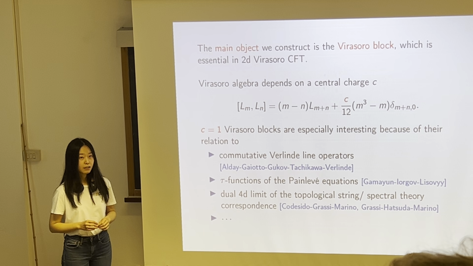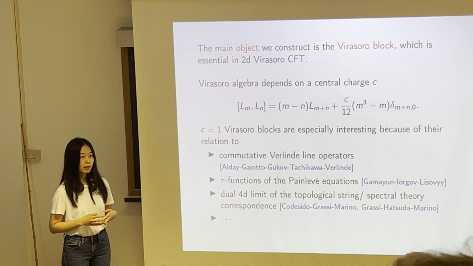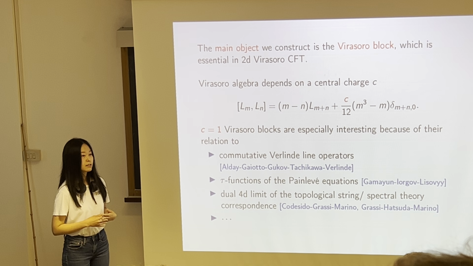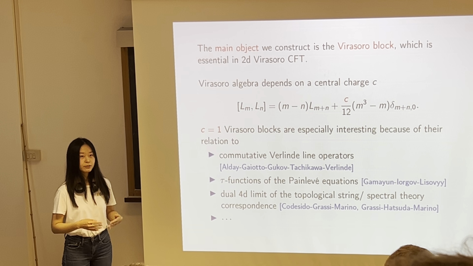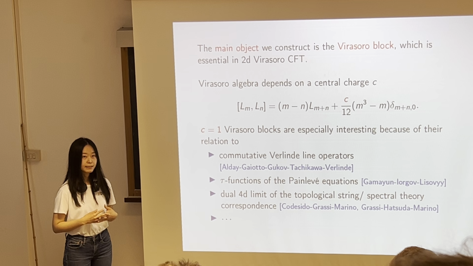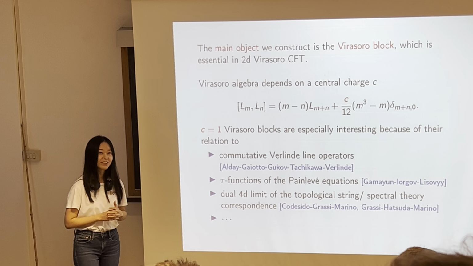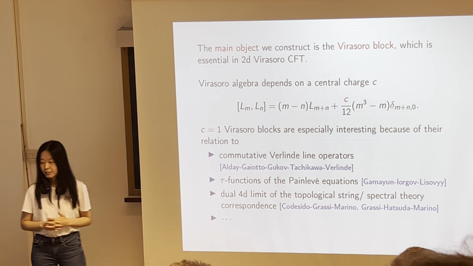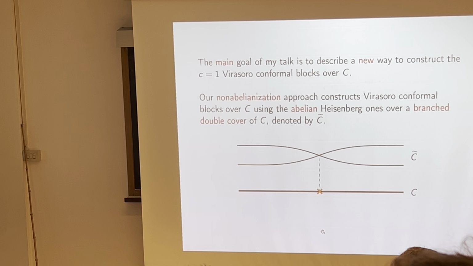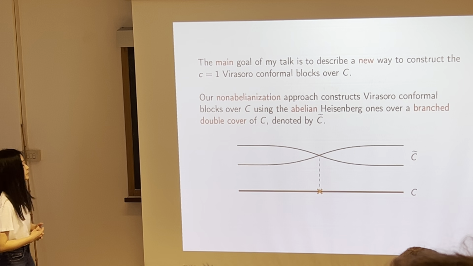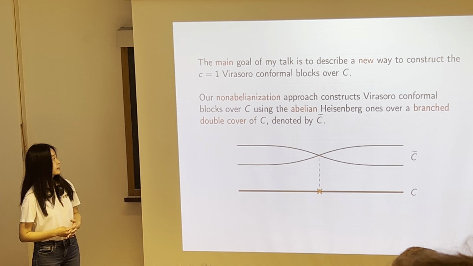The second one is that some particular types of c equals 1 Virasoro blocks have been proven to give the tau functions of the Painlevé equations. The c equals 1 Virasoro blocks are also related to some very interesting dualities in physics, which in this case is the dual limit of the topological string and spectral theory correspondence. So the c equals 1 Virasoro blocks are very interesting and important, but they are also in general hard to compute. The main goal of our work is to provide a new way to construct the c equals 1